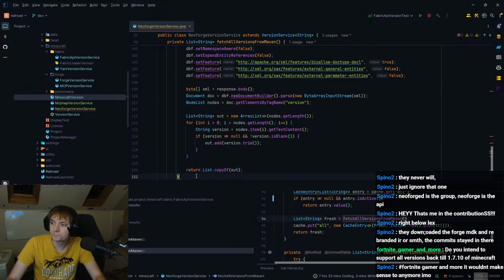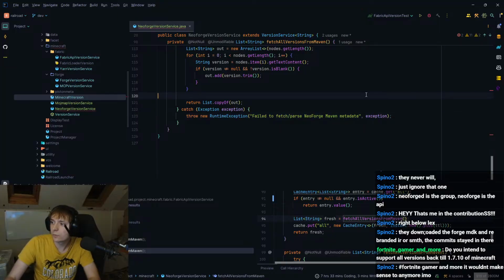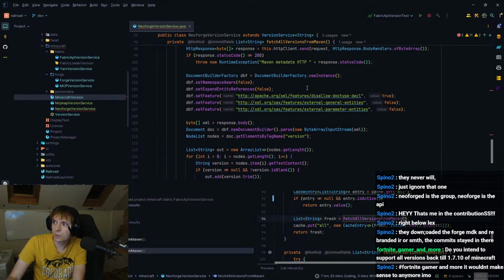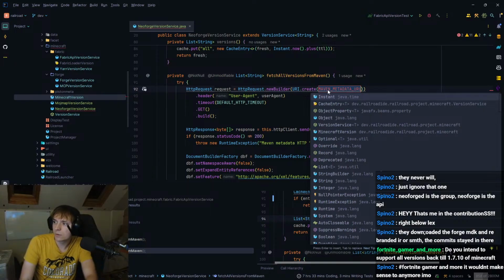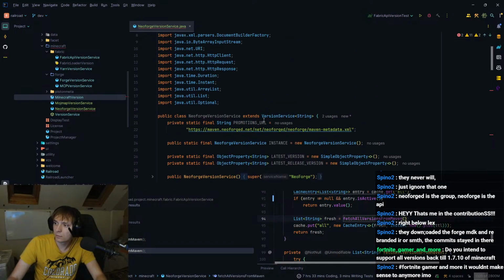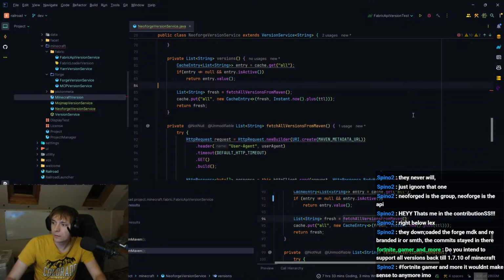So catch, and I can catch on the NeoForge Maven metadata, and this just needs to be, I called it promotions URL, but it's not called that. It's called Maven metadata URL. There we go.